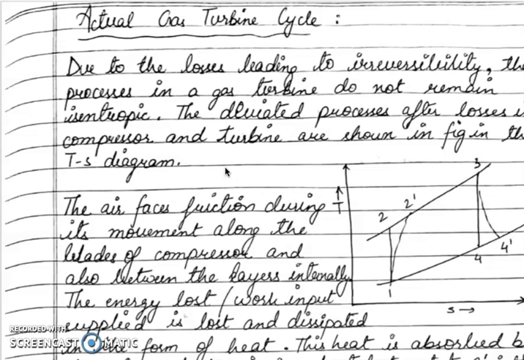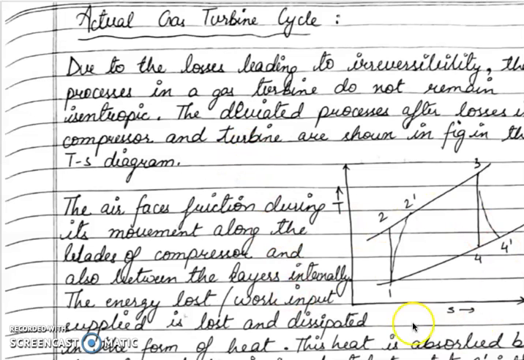So in the turbines and compressors, when the air flows through the channels, through the blades, through the walls of the casings, the friction between the walls and the air, between the blades and the air, and between the internal layers of the air takes energy. That energy is dissipated in the form of heat, and that heat is absorbed by the air only, and it gets heated to a certain temperature, more than it would have reached in the ideal conditions.